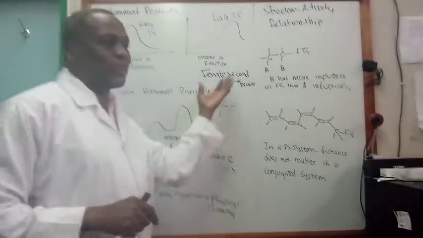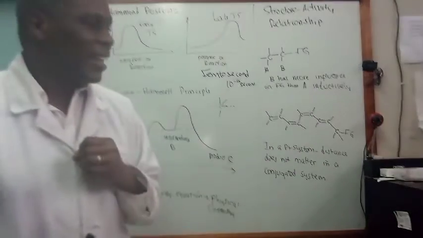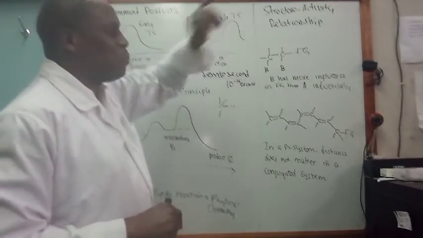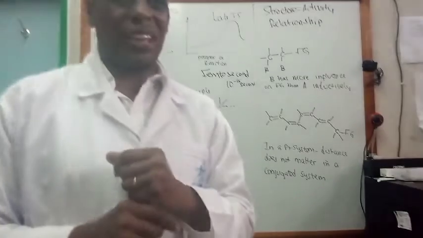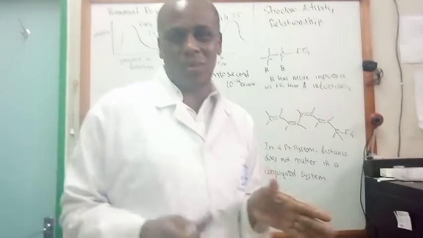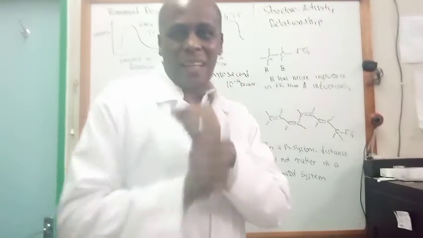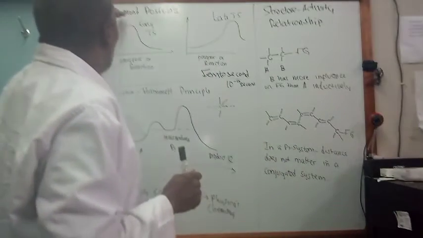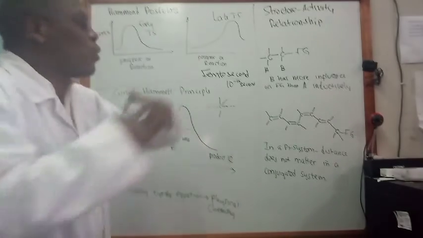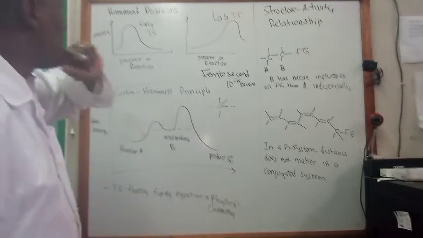So there are those cameras which have been developed to see those very fast reactions that are taking place. But it's not possible to photograph or identify the transition state. With the transition state, you can only postulate this is what is actually happening, but you cannot isolate a transition state. So in this case, you've got a scientist by the name of Hammond who postulated what is likely to happen, and he is saying, hey,